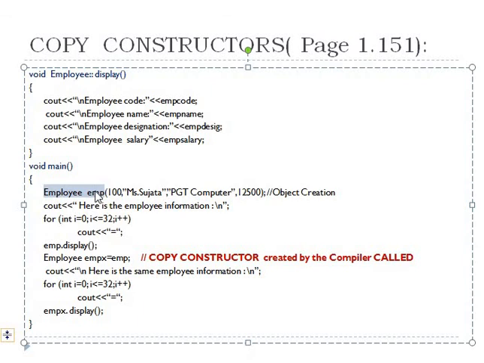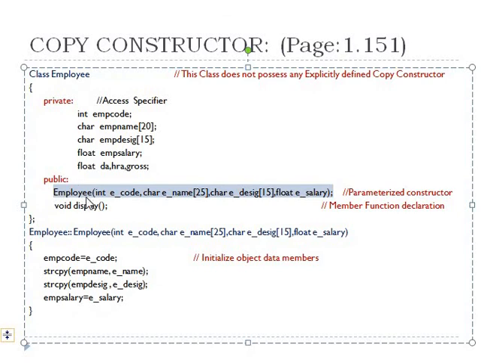Now as soon as this object EMP gets created out of this class named employee, an implicit call to this parameterized constructor shall be done. Now since the function body of this constructor has been defined outside of the class, the control is going to jump over here and enter inside the body to execute all the statements inside its body part. Now if you look at these statements, the constructor is actually trying to initialize the data members EMP code, EMP name, EMP desig, and EMP salary with these values, that is E code, E name, E desig, and E salary.